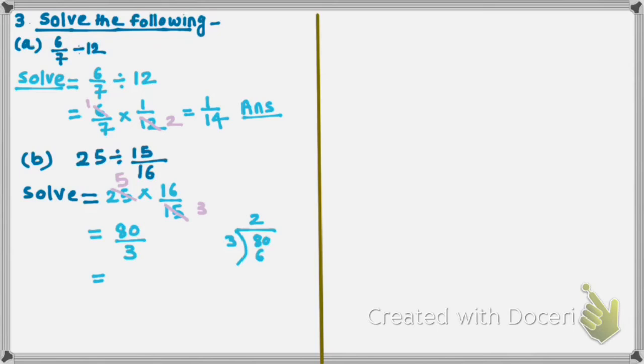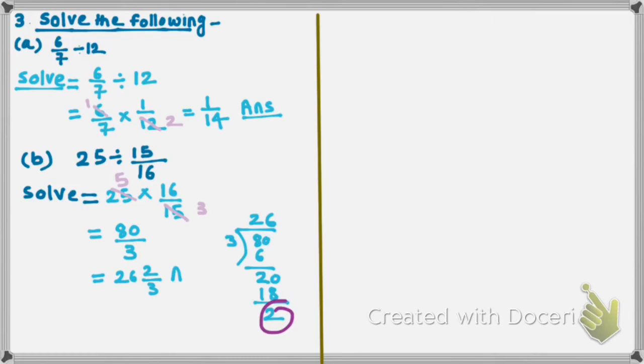So 8, 2 times 6 and then 2 remaining, then we'll place 0 here, then 3 6 times 18 and then 2 remaining. Okay, so now the 26 part is completely divided by 3. So we'll write 26 and now 2 is remaining here. Because this 2 is not completely divisible, we'll write 2 upon 3. So this will be our answer.